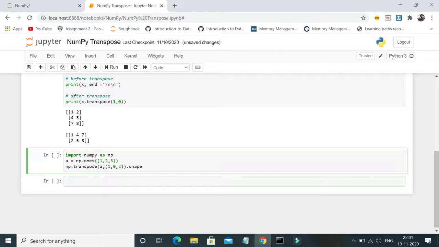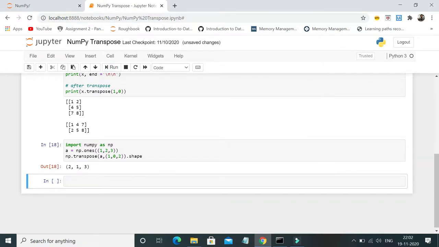So I'm transposing it. I'm passing the variable a, whatever I have stored as the numpy element. And if you see 1 comma 0 comma 2, basically I'm interchanging the elements accordingly. So I'll just run and show this and I will explain with the output.